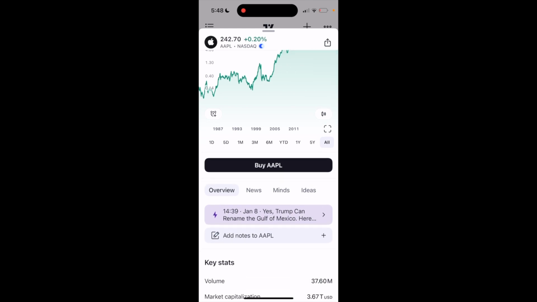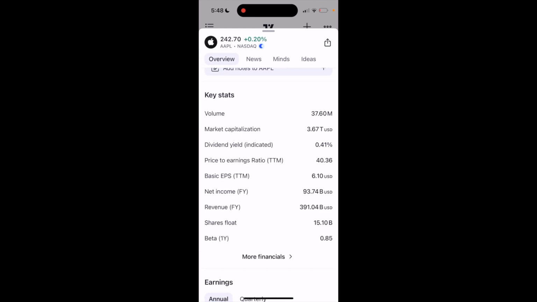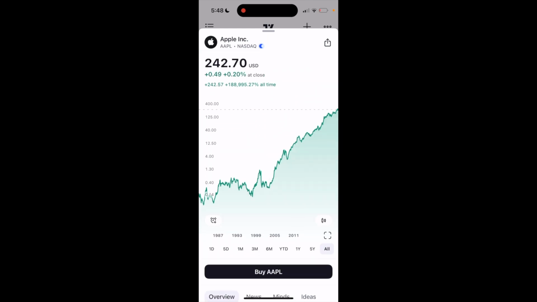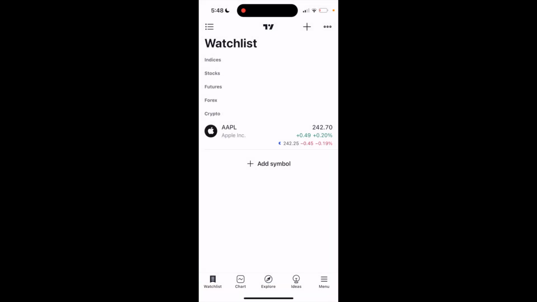You can go ahead and view the overview, all this kind of stuff, the key stats right here. But basically, when it comes to the stock chart, it is here right in front of you at your disposal. So super simple, super straightforward, but that is how to add, or I guess how to view a stock chart